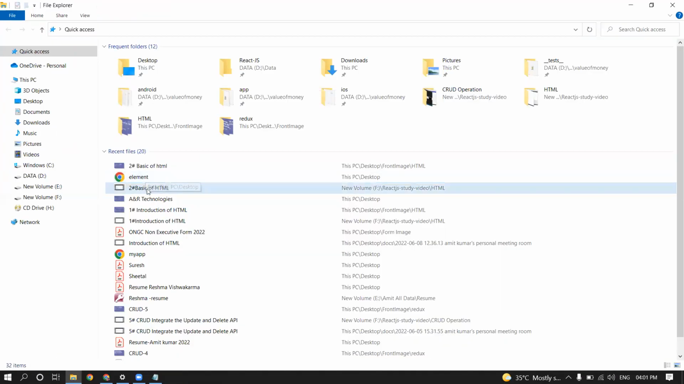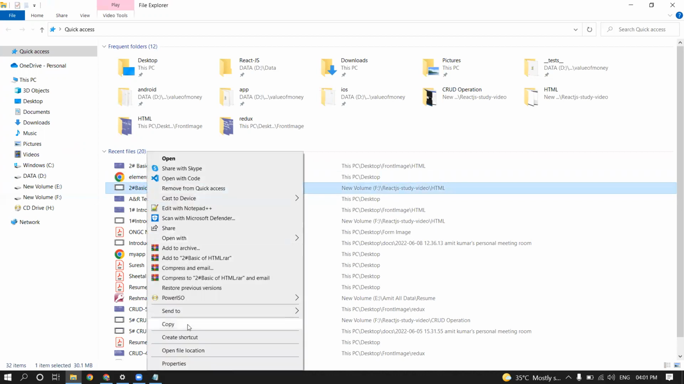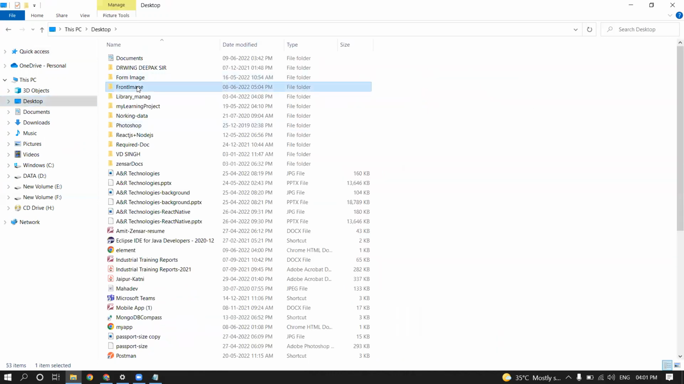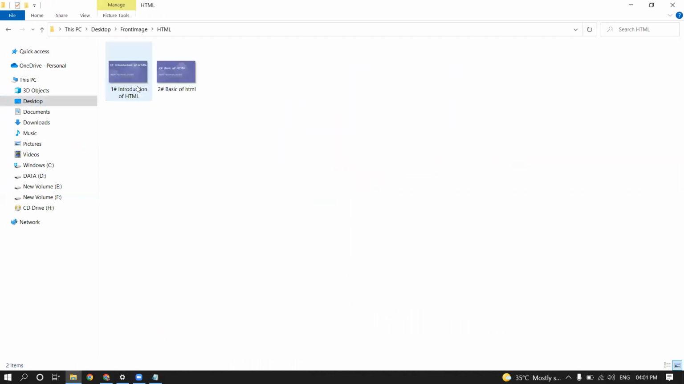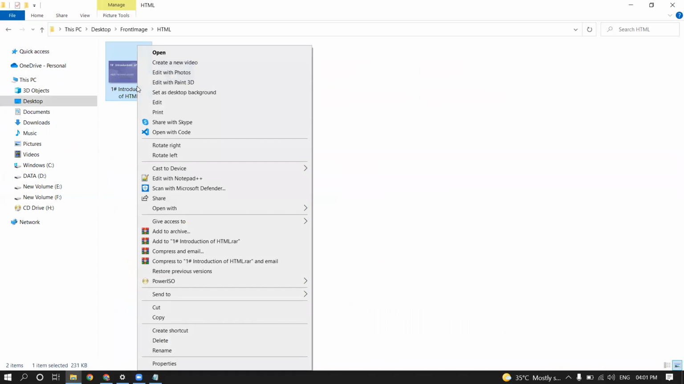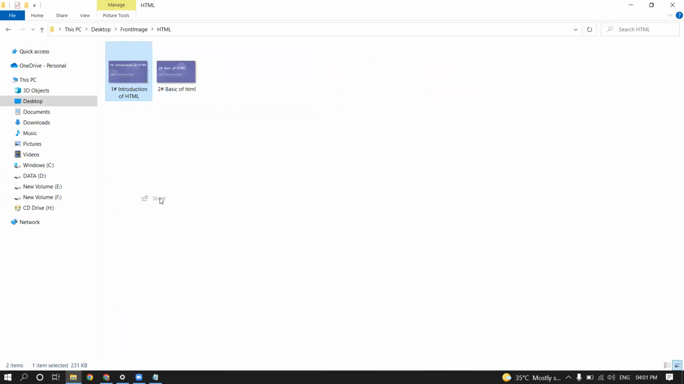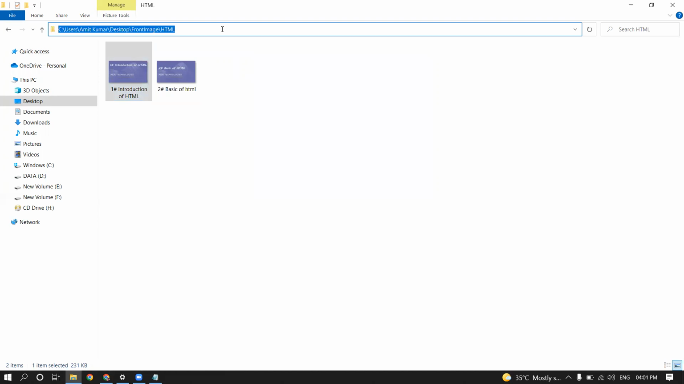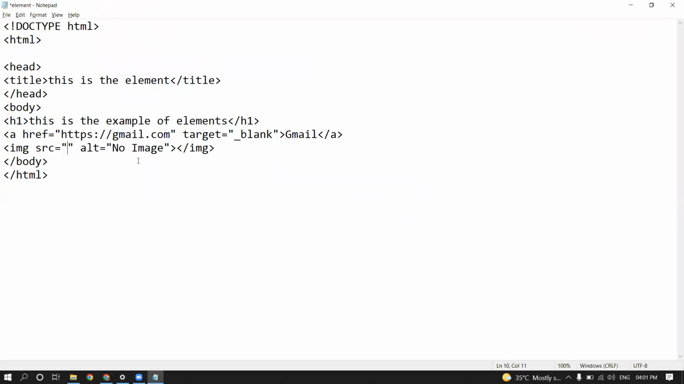So what is the path? I will copy the path, click on the right click. This is available inside the desktop. Image, this image I will show you. Okay, this is the path. Copy and paste here,